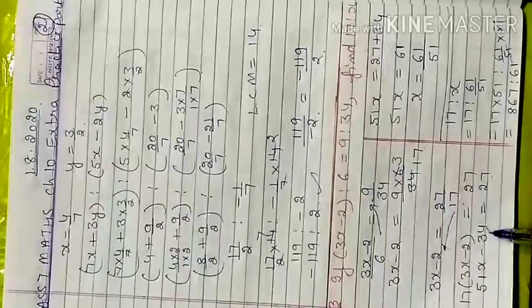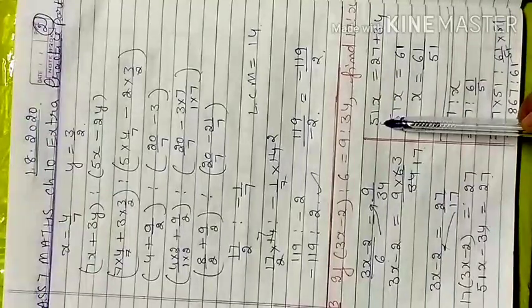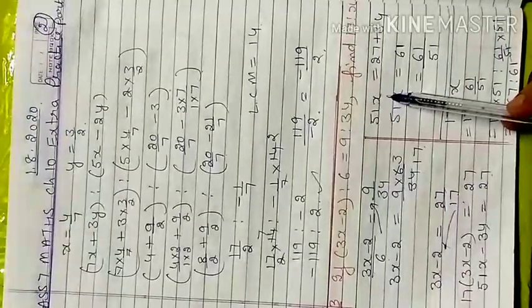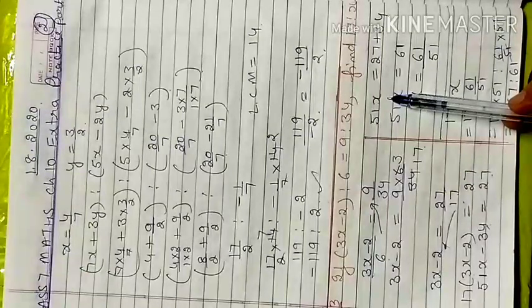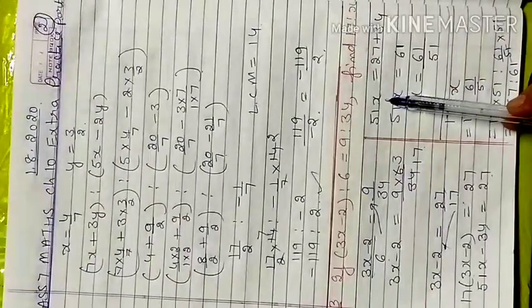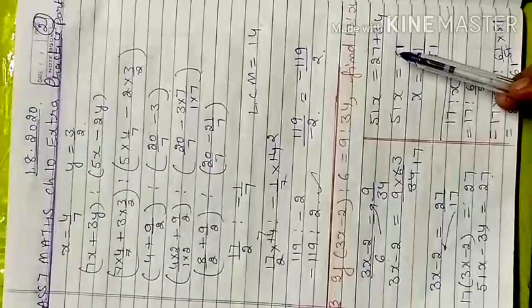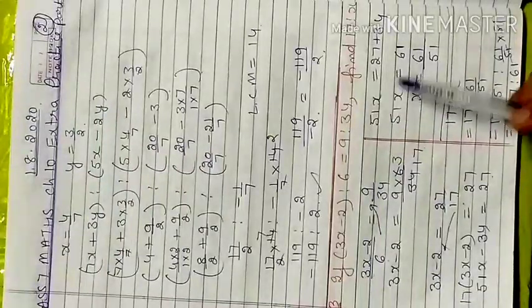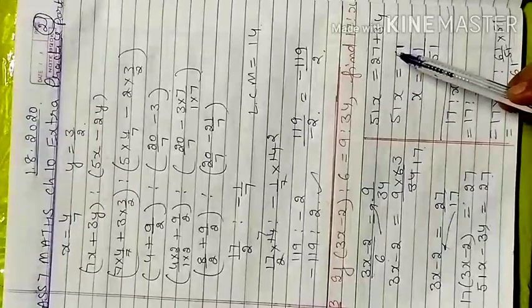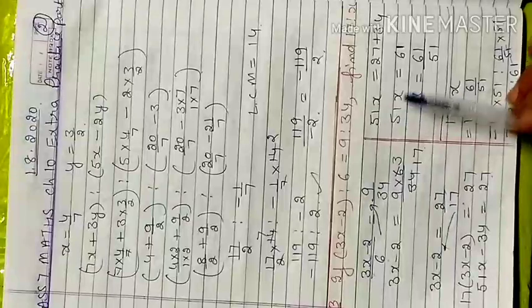Now we equate the like terms. The constant term shifts to the right side, negative changes to positive, because in transposing, when we are shifting a term from left to right or right to left, the sign will be changed. But if any term is multiplied and it moves to the other side, it changes to divide, and divide changes to multiply. So that is the condition: positive changes to negative, and vice versa. Vice versa means if negative is there, it will change to positive. Then if multiplication is there, multiply changes to division, and division changes to multiply.